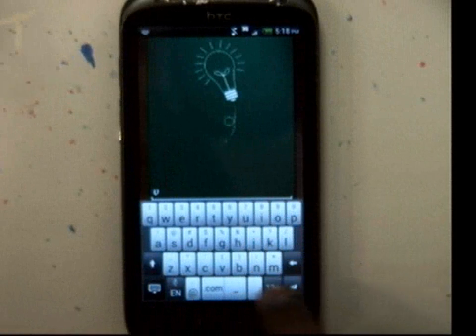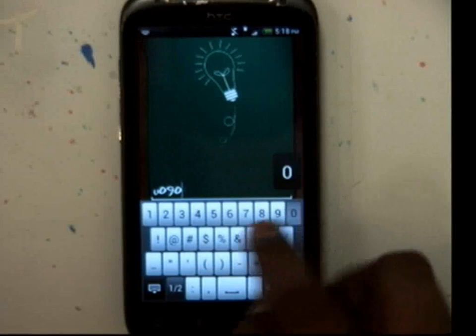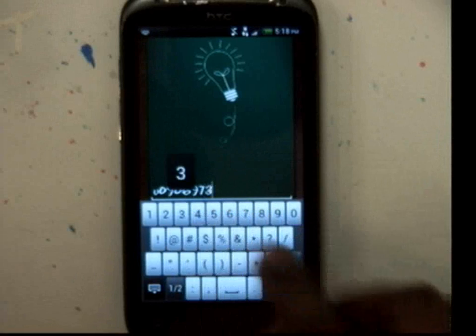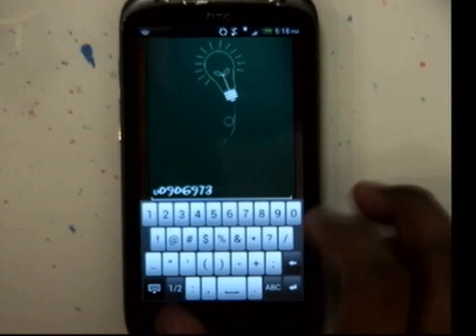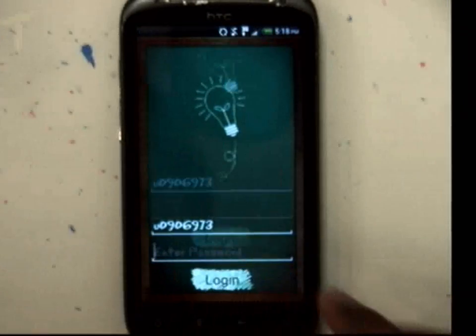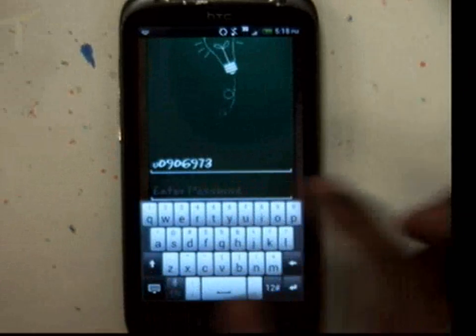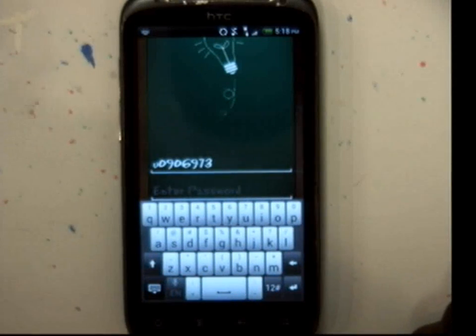So this is where you log in first with your NUSNet account. You want to hide it first when you enter your password? You want to show us your